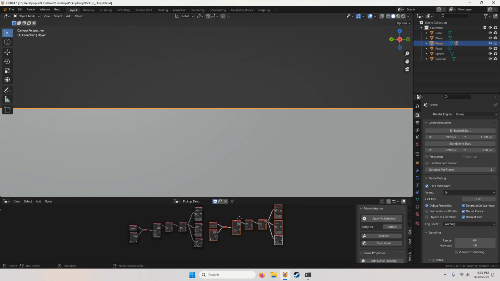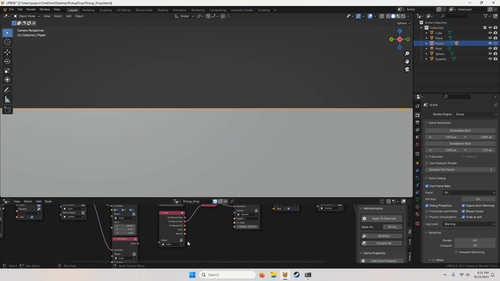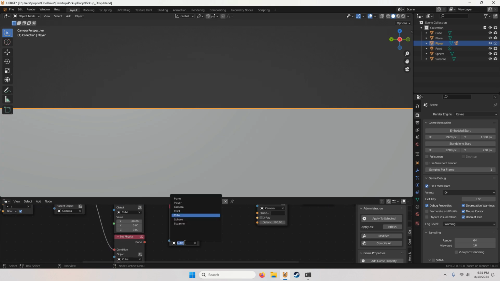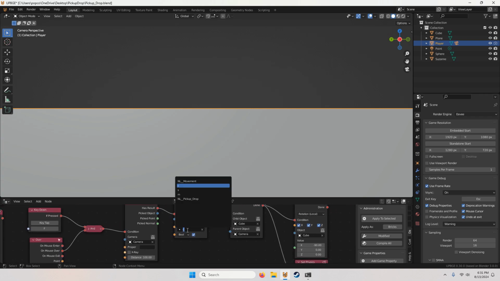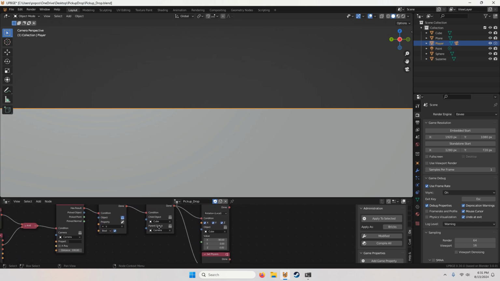So we are going to copy these nodes. Shift D. And it's the same logic, but instead we are going to do sphere for this one. And S for the property.